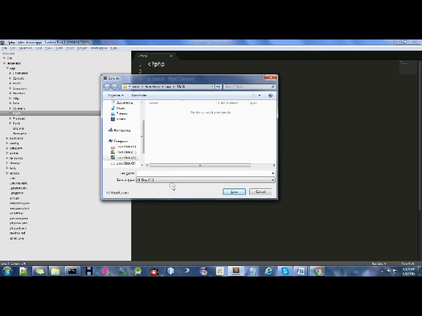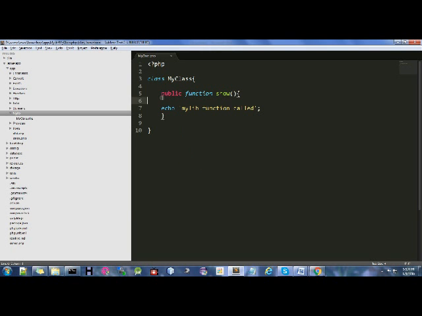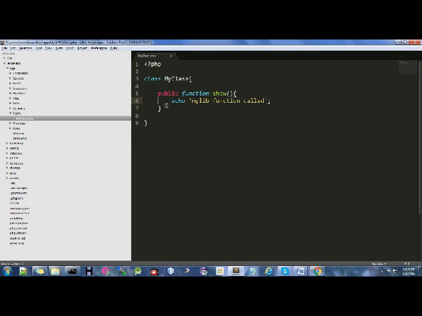Let me save it by pressing Ctrl S and save this file, myclass. This is my class.